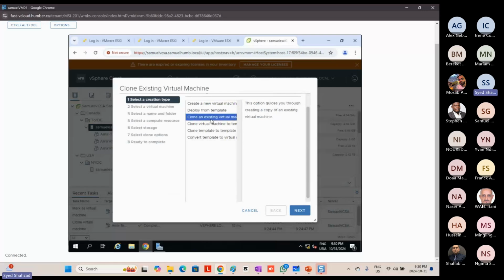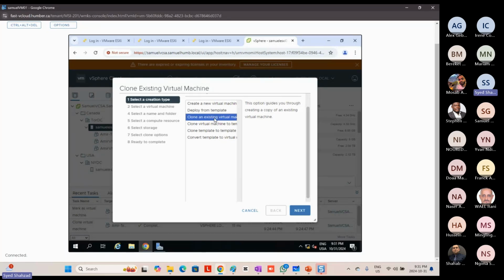Clone an existing virtual machine. This is just a copy of any virtual machine. And another thing is, when you clone a virtual machine, like when you create a copy of a working virtual machine in this environment, that clone should not be started in the same environment, obviously, because that clone will have the same name and same IP as the working virtual machine whose clone you have created. So you have to keep it shut down,